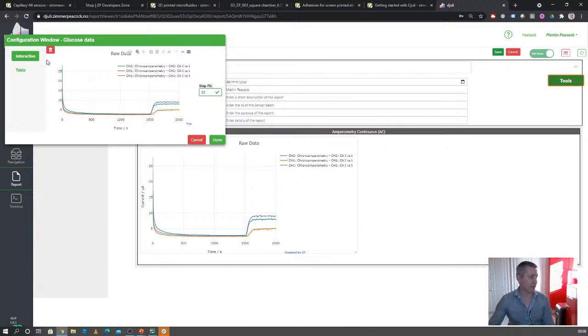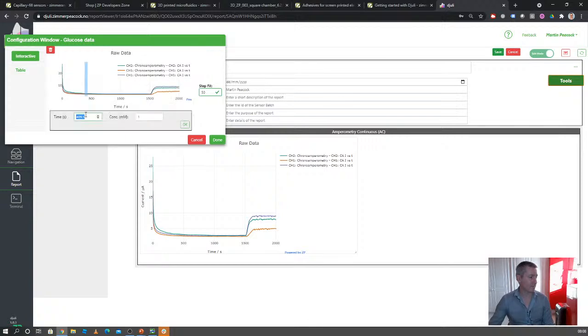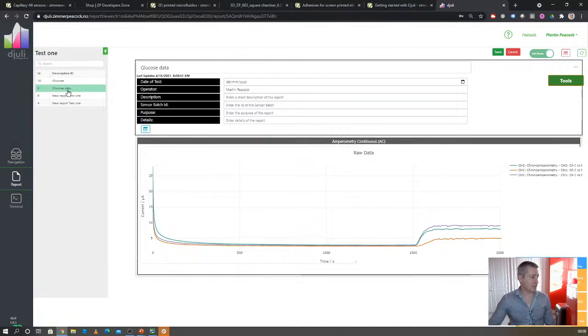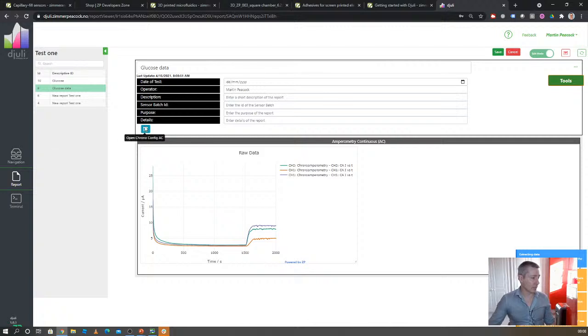If I tell it here at this time point, at 400 seconds, actually I'm going to do it at 750 seconds, and I'm going to tell it the concentration was 0. I'll make that window a little bit narrower like that. It says it's done, but it's not. I need to